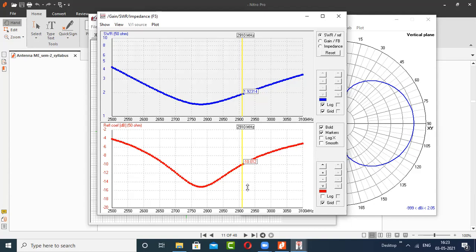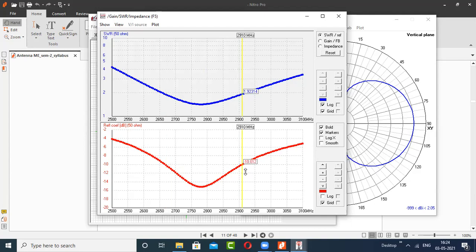Sir, which frequency? 2500 and 3100. No. Cutoff frequency means that frequency which intercepts this minus 10 dB line. So on the minus 10 dB line, it is this point which is lying. Just click on that point and you will get the cutoff frequency. You can see it is minus 9.91, which is very close to minus 10. Or if you're not happy with this figure, you can go ahead to one more frequency. It is minus 10.179, almost minus 10.2. If you're considering this as your lower cutoff frequency, then also there is no problem. So we can consider around 2.67 gigahertz. This is the lower frequency.